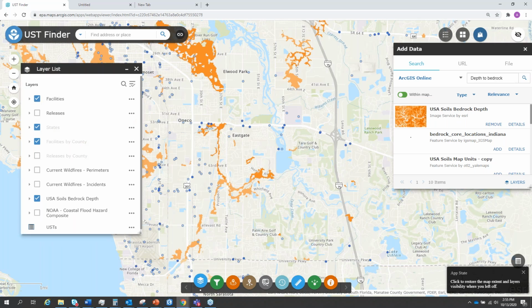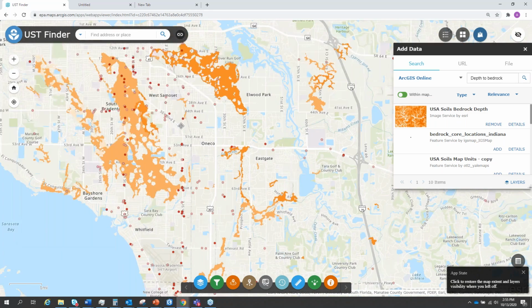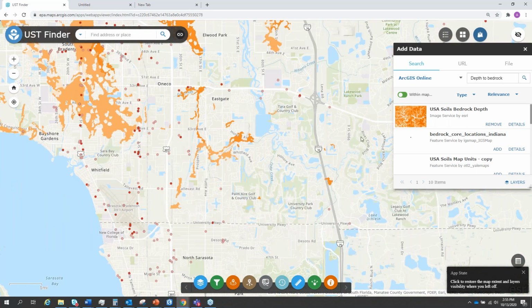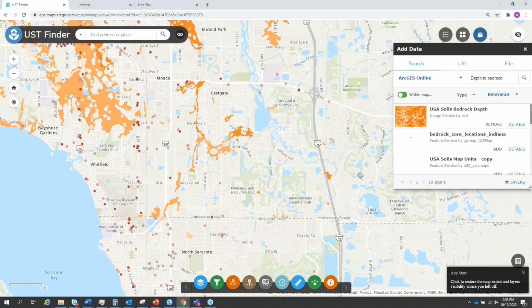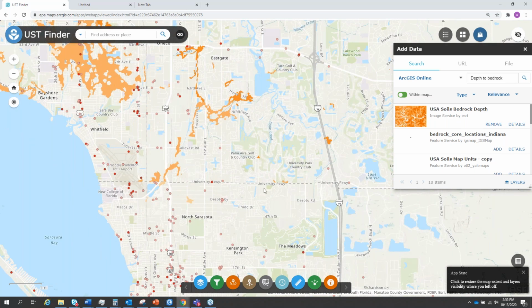We can look at the releases information. And this is just an example. We can pull in a ton of soil data, such as porosity, hydrologic group, the amount of clay content in soil. We can start to overlay this in relation to releases, to triage risk and maybe look at the potential migration of plumes based on a lot of the data that's provided by the USDA.